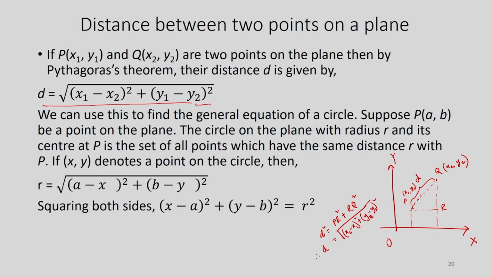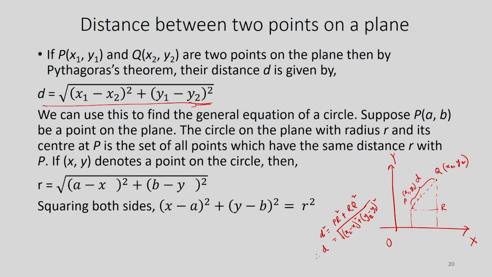So, that is how we are getting d is equal to root over (x1 minus x2) whole square plus (y1 minus y2) whole square. I wrote it as y2 minus y1, here it is written as y1 minus y2, but it does not matter because I can just flip these two numbers, and since it is a square,